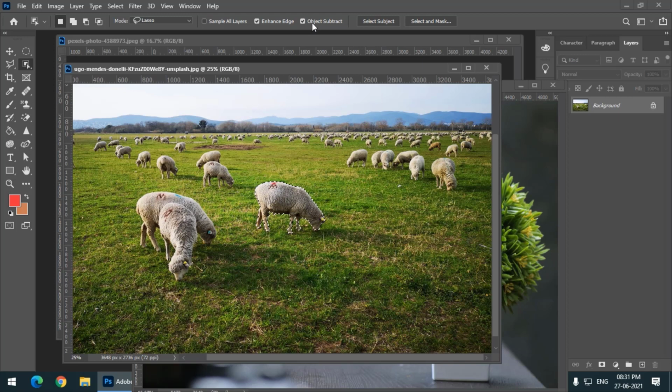So remember to keep this option on, and Enhance Edge also, because it will enhance the Photoshop AI. I recommend keeping both these options on and then trying it out on different objects, maybe a car or any other objects, plant, tree. This is a very useful tool. Try it out, and it is pretty much similar to the selection tool.